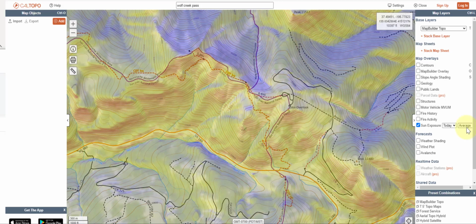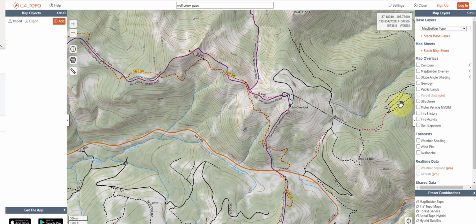But if I'm thinking about snow metamorphism, mostly what I want to know is how is the sun interacting with a particular slope at any given moment over the duration of the day, and in which case the average becomes really useful. So other layers that are fun to play around with, but probably less relevant to this specific class,